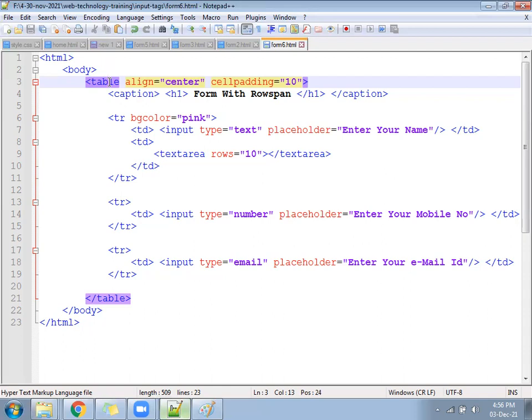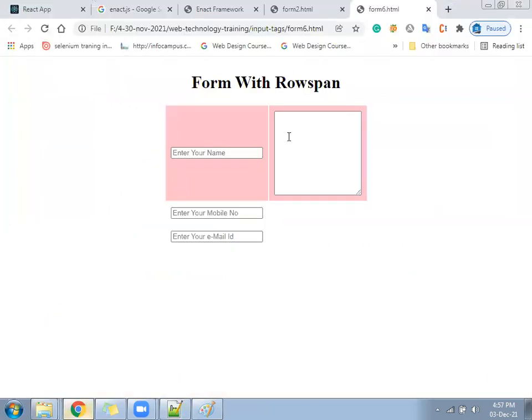So textarea, TR, all are correct only. There is some space in the TD. Can you remove that space? Line number 116. Not that space. TD. We found the error. Okay, look here. For textarea we have given rows as 10, so it has increased a little.